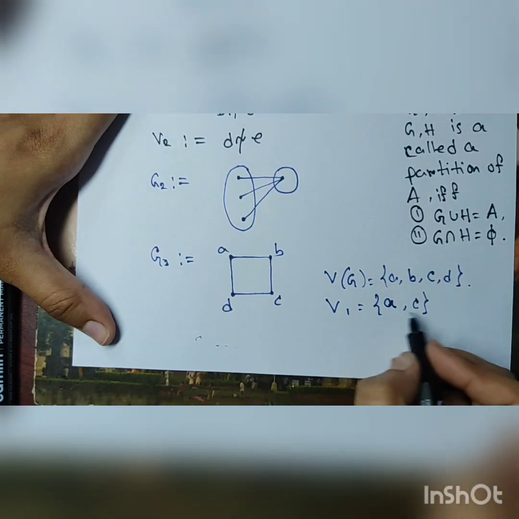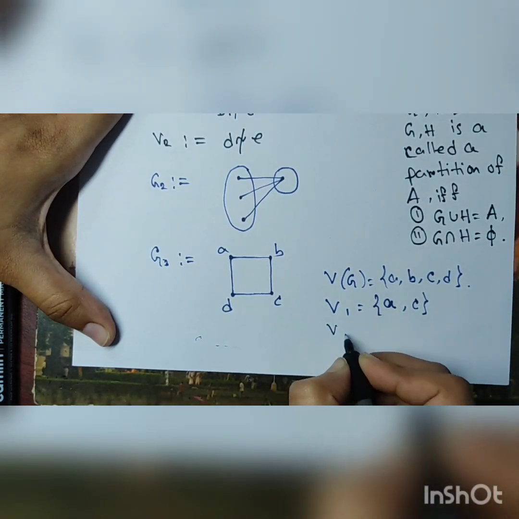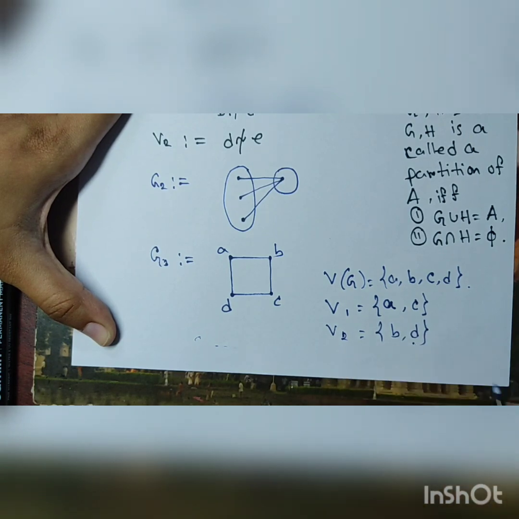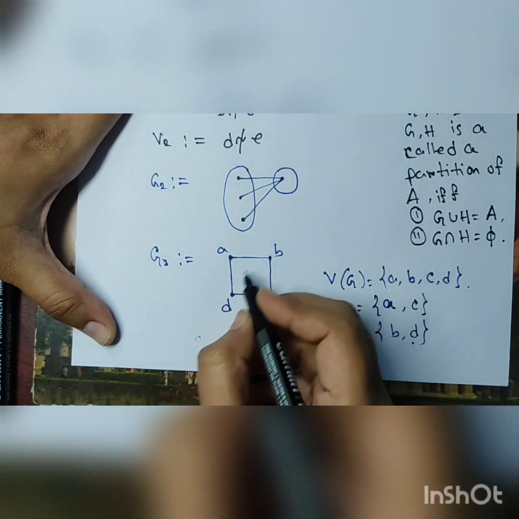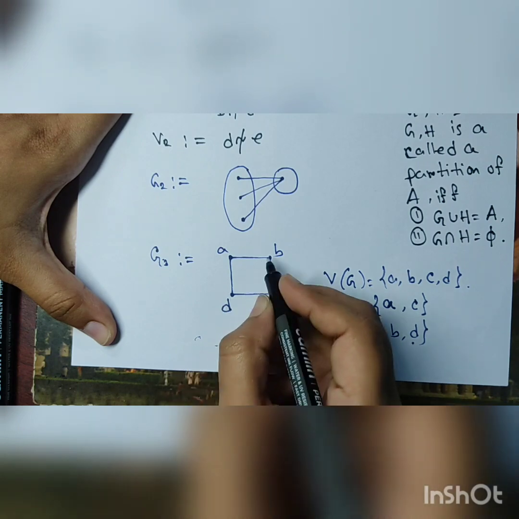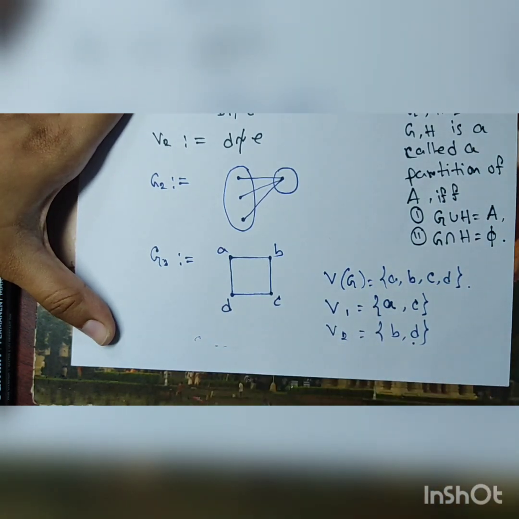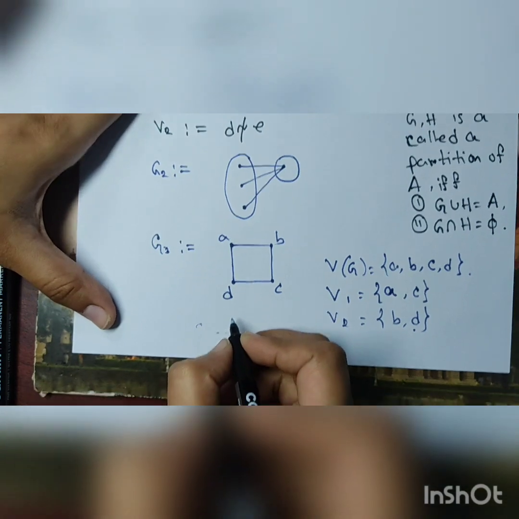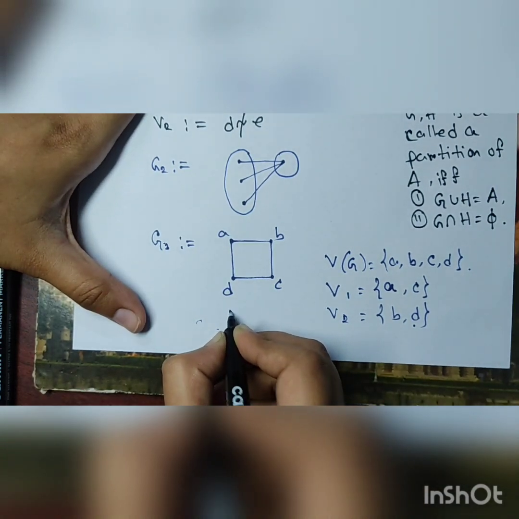So here these two vertices are not adjacent. Similarly, we can take V2 to be B and D. So B and D are not adjacent, because the BD edge is not in this graph G. So we can take another part to be B and D, and we can now check that this is a bipartite graph because we can draw this same graph as